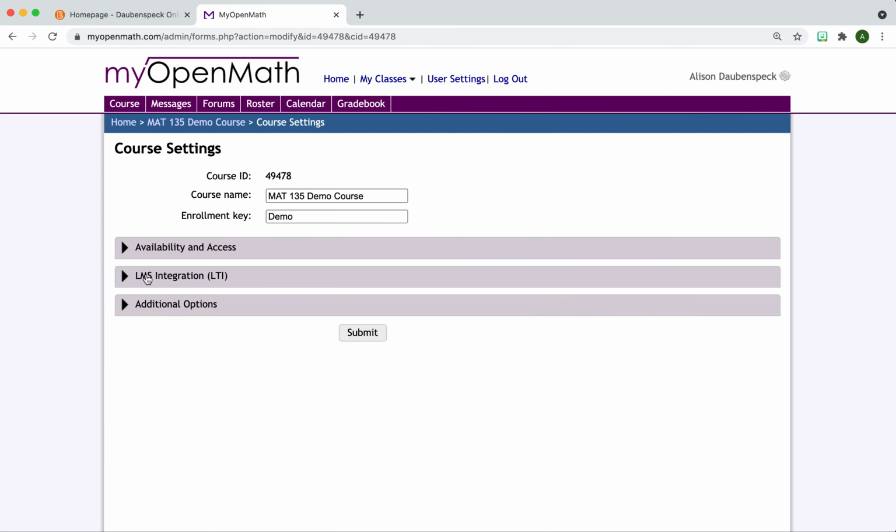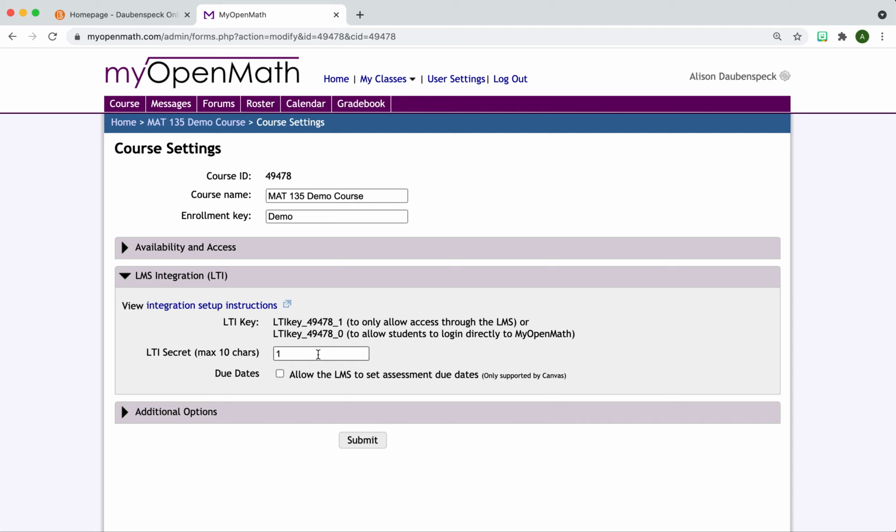You're going to go to the LMS integration, and you're going to be defaulted to have this LTI secret be this really long, complicated thing. I recommend changing that to the number 1, the number 0, something that's easy for you to quickly type in. This will make it a lot easier when we get into the integration step in D2L. And then hit submit